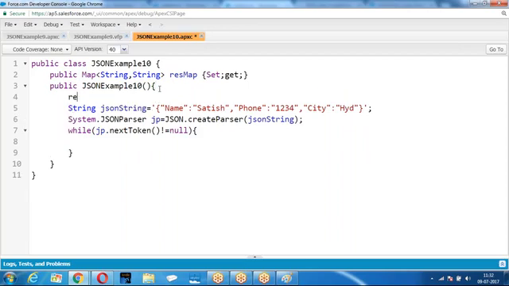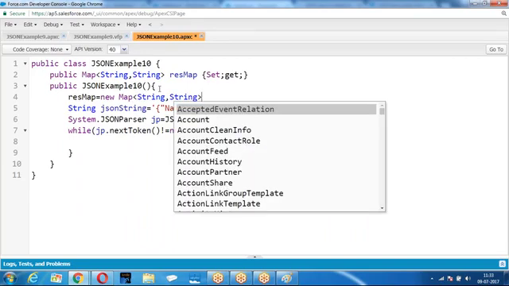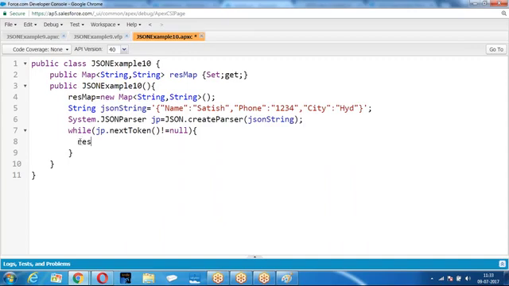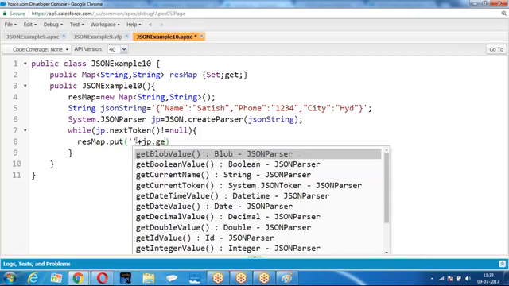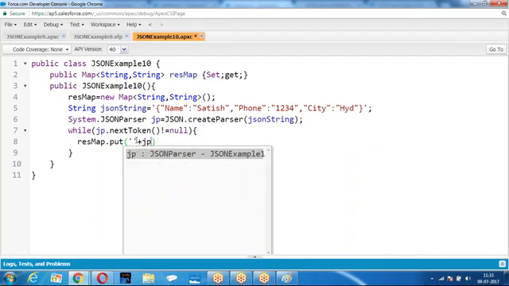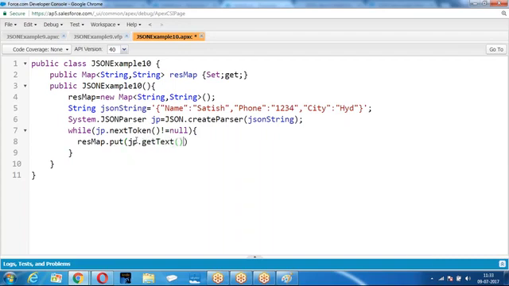If JP.nextToken is not null, then I am going to put everything on the map. I am giving responseMap.put with a key. What is the key? JP.getText, comma, value.